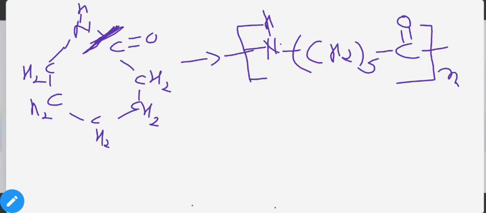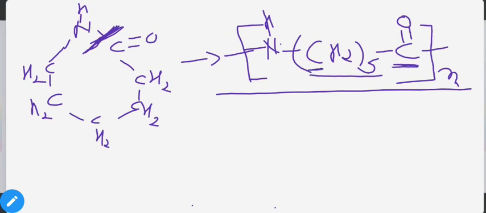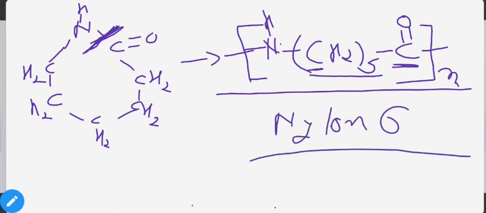Here you have to note that in this reaction no simpler molecules like water molecule will be released, because we are breaking the ring, and it is directly being connected with the same type of molecule, and you will get a 6 carbon chain repetition. Okay, 5 as CH2, 1 as CO, so that's why it is called nylon 6.